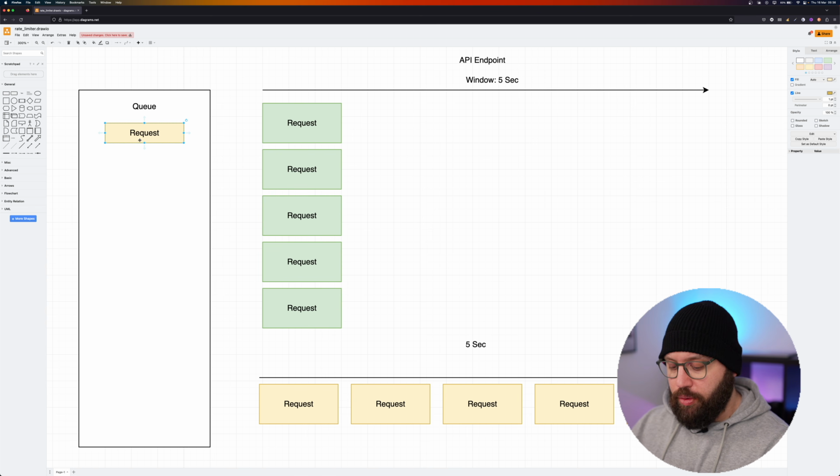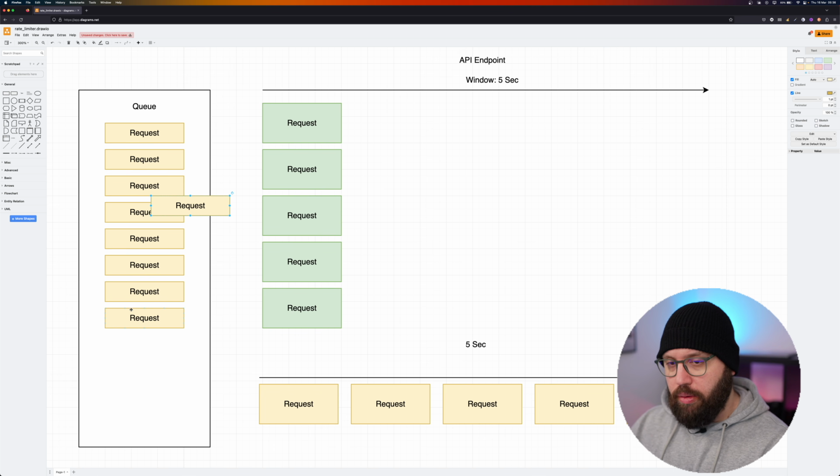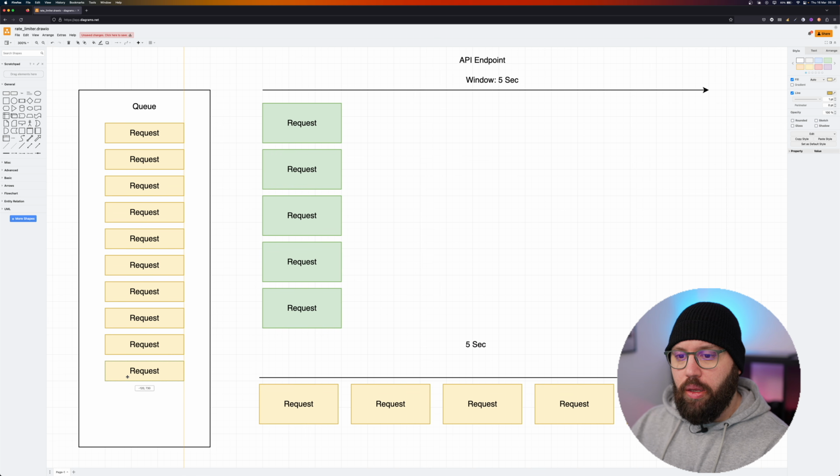So we put 1, 2, 3, 4, 5, 6, 7, 8, and 10. So once my queue has 10, any new request which tries to come in, let's say I have a new request right now which tries to come in, what happens here for this request is going to be